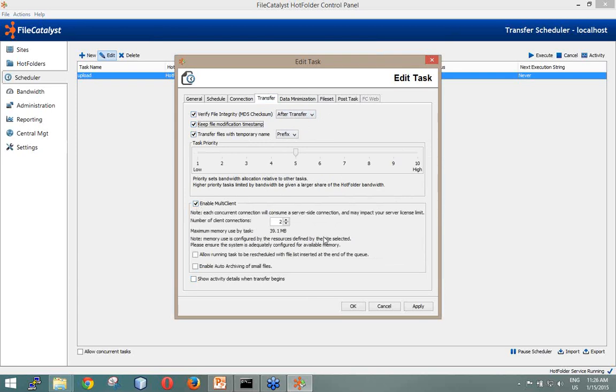You can enable multi-client. Think of multi-client if we're doing, let's say, a directory with 10,000 files in it, and you want to work concurrently on multiple files. If you enable this and set it to, let's say, 10, then 10 files will be going concurrently to the server. The nice part is it speeds things up. It also makes everything much more dynamic on your target folder, because things appear very quickly.